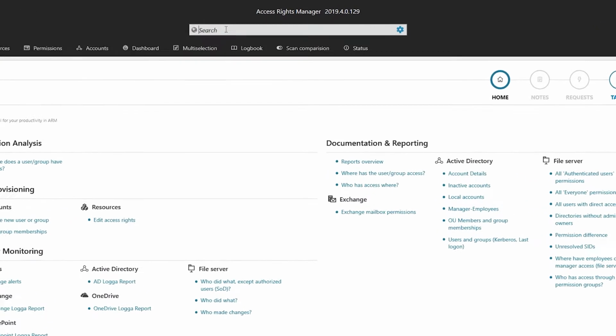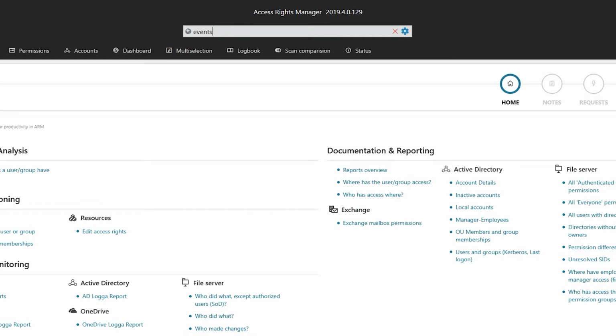User account provisioning and deprovisioning can be a cumbersome manual process prone to errors. So let me show you how to save time granting and removing some user access permissions while documenting everything in SolarWinds Access Rights Manager. We're going to go ahead and grant permissions to the events folder.